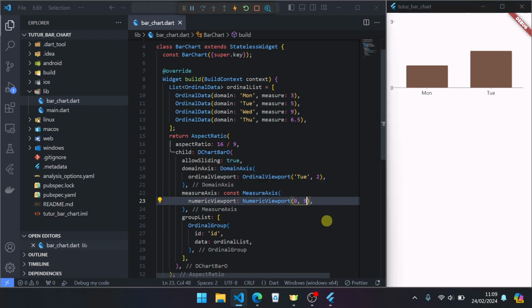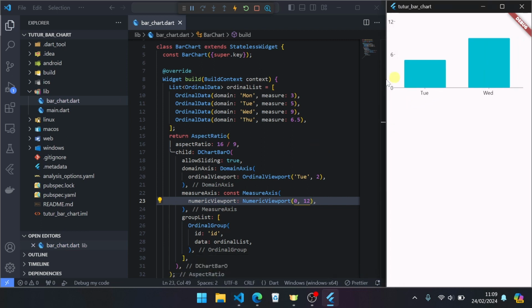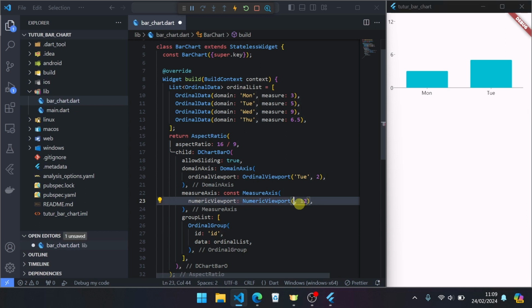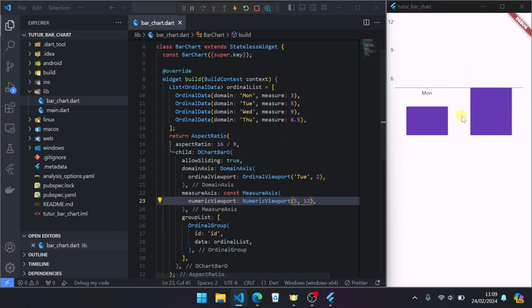But you can also change it to higher than the maximum, like 12 or 10 maybe, like this, and then minimum like 5. But this will affect the height of the chart widget.